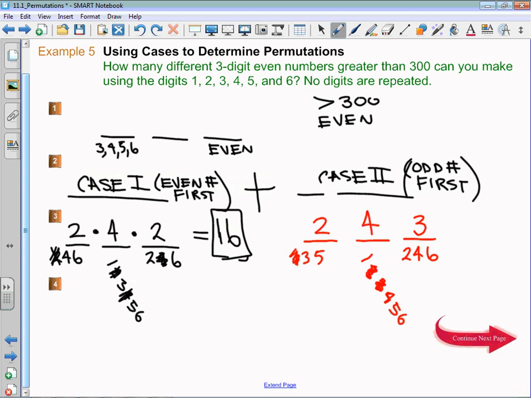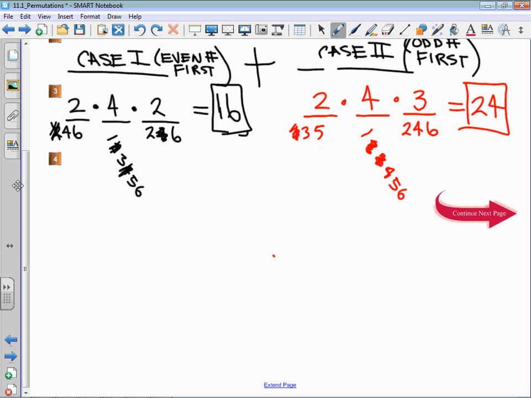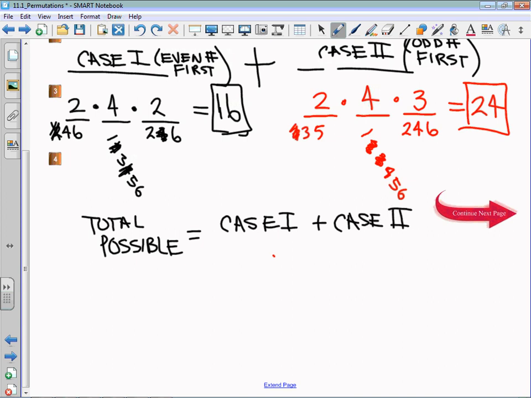Well, again, I'm multiplying these. So 2 times 4 is 8. 8 times 3 is 24. There are 16 possibilities in the first case, 24 possibilities in the second case. So I am going to put the total possible, and I'll write it out, is going to be case 1 plus case 2, which for this question will be 16 plus 24. There are 40 different unique numbers that are greater than 300, even, and only use the digits 1, 2, 3,